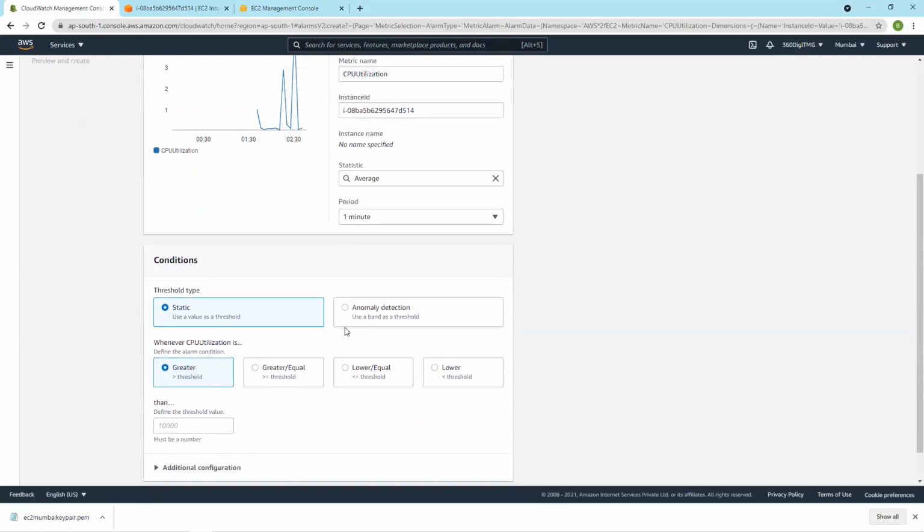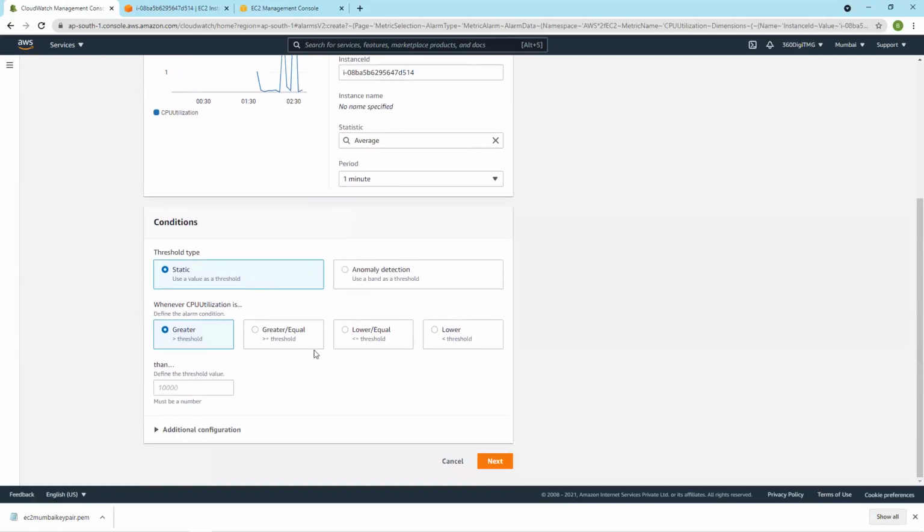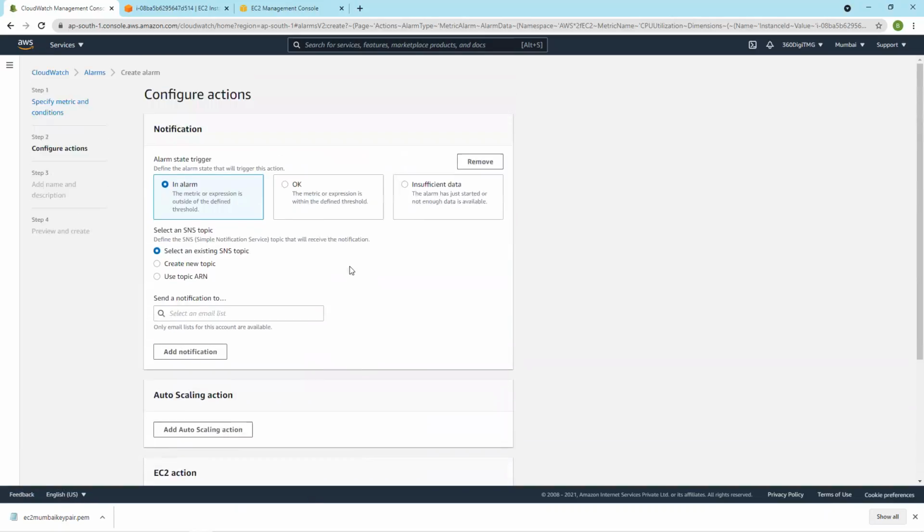Within this 1 minute, if it is getting underutilized, lower than or equal to 20%. Obviously, it will be less than 20%. Lower than or equal to 20%.